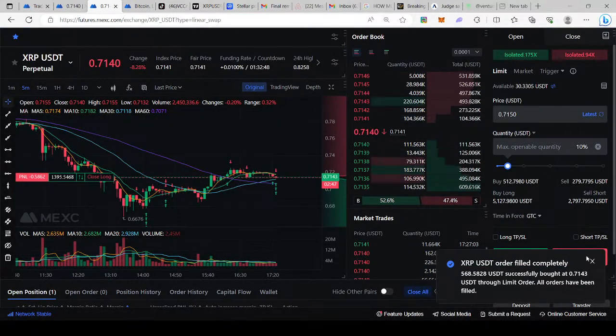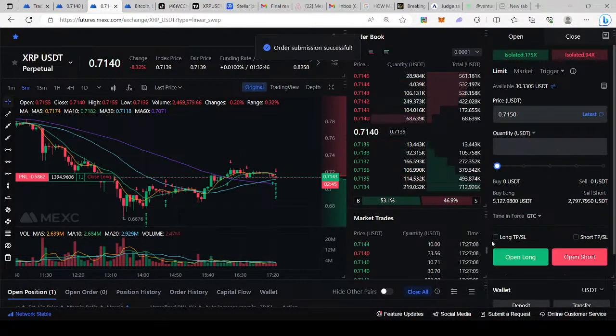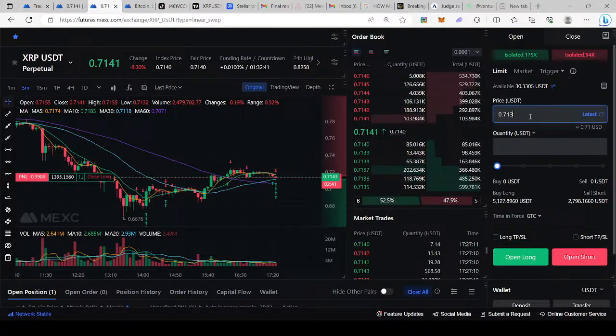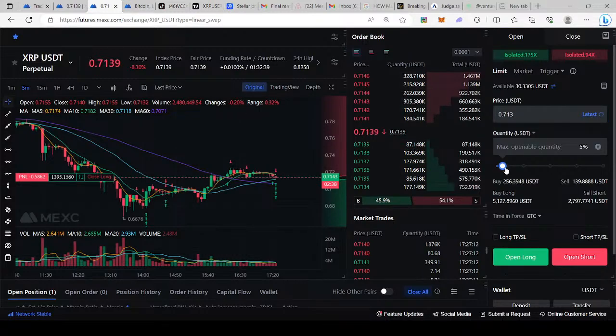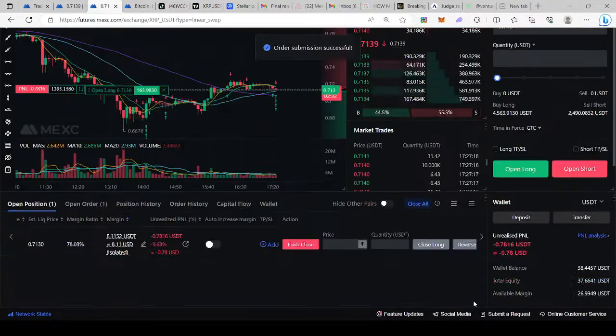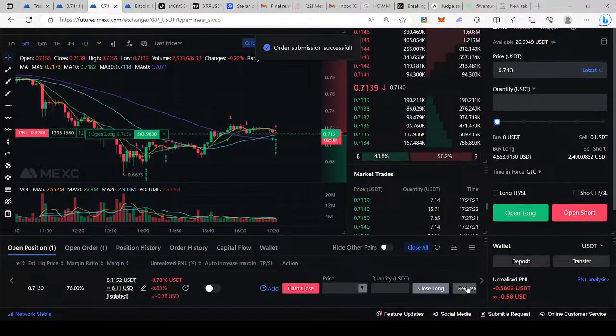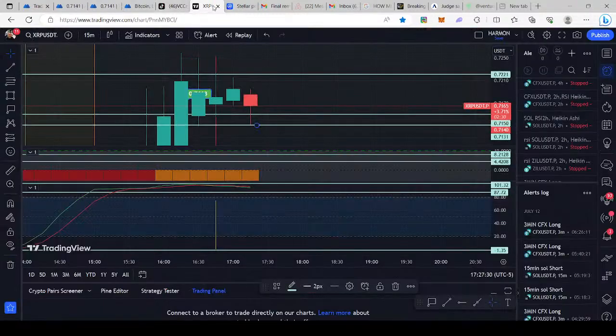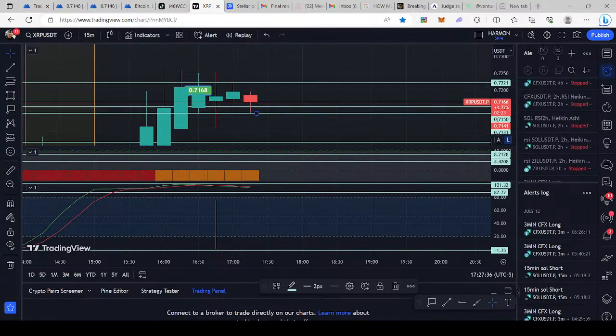So 71.40, 71.35 seems to be the little area. So I'm going to set a 71.30 area, and I'm going to do a 10% right there. I'm going to keep increasing our entries on these lows. So 71.30 is my next entry in case we get a nice another wick here. But we're not making any serious